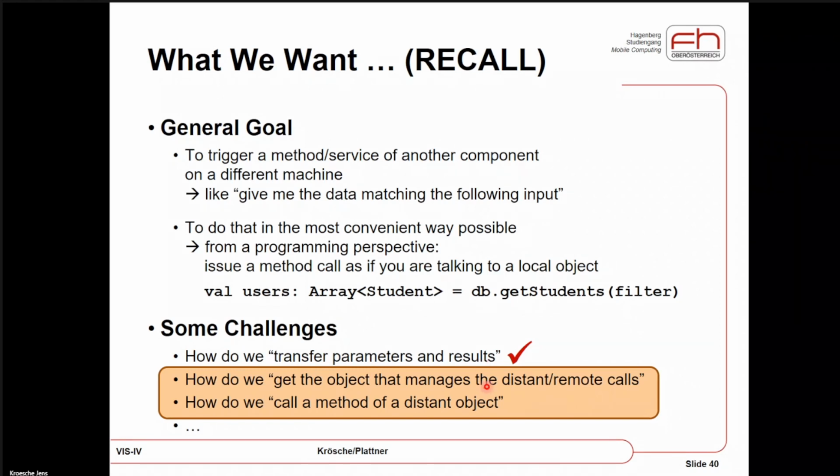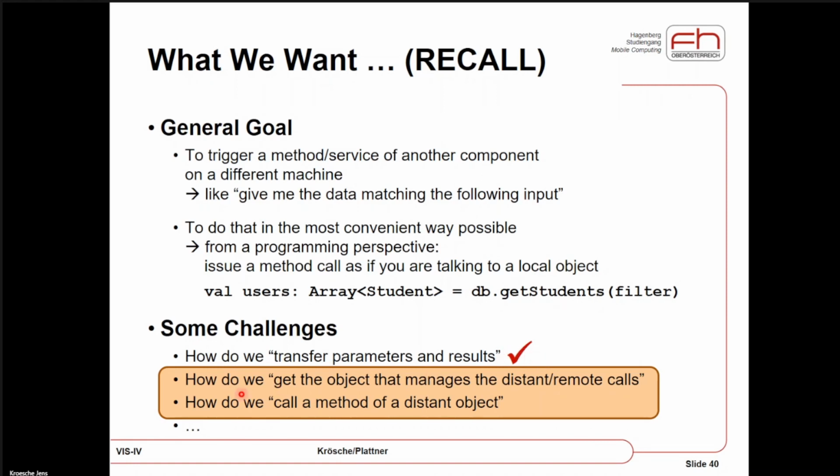Either we have a platform-dependent middleware system, so Java, CORBA, .NET Remoting, where we use the aspects of the language or the middleware technology itself, or we have something that is platform independent or middleware technology independent, like a very specific XML specification or some kind of JSON object that we can communicate. This is what we talked about the minutes before.